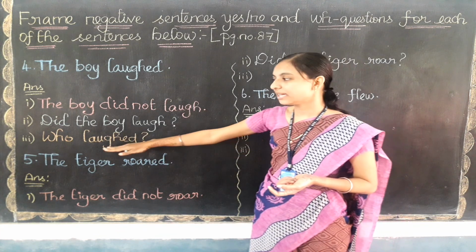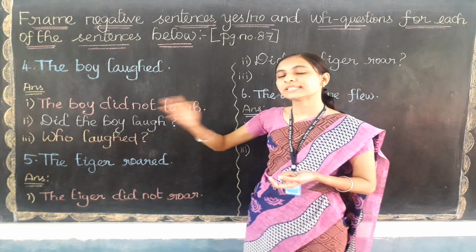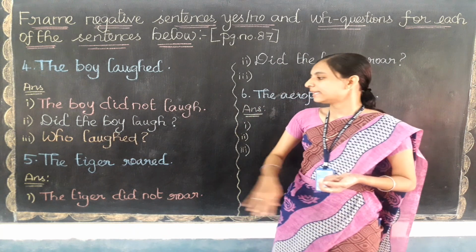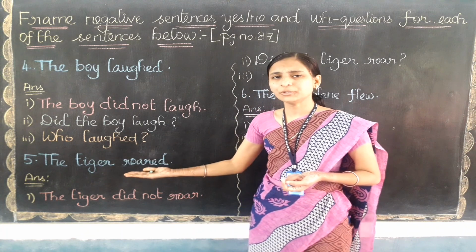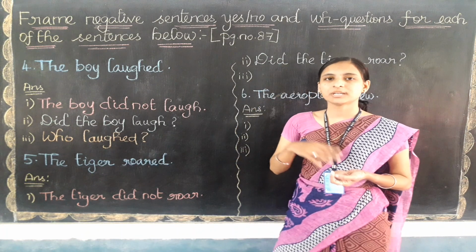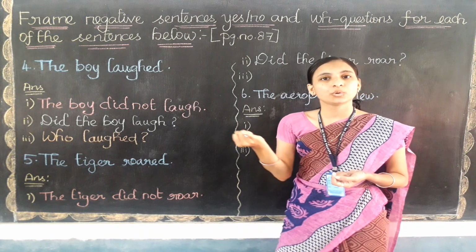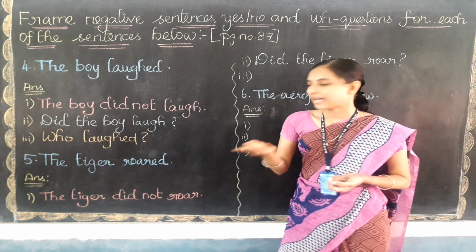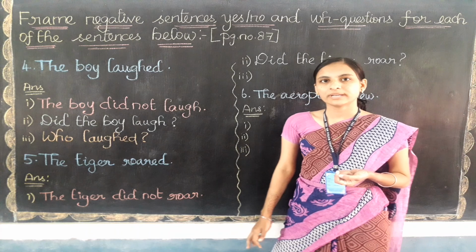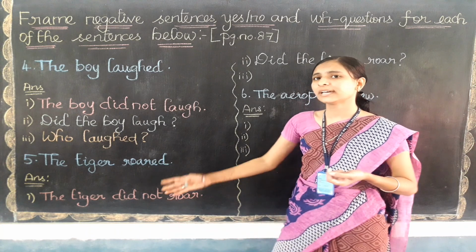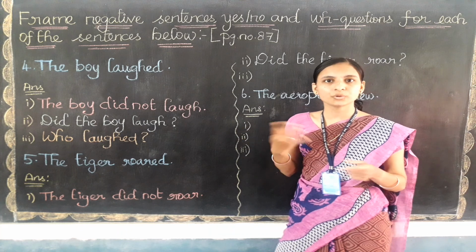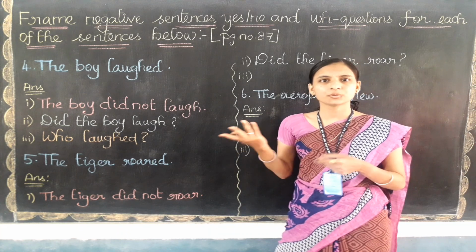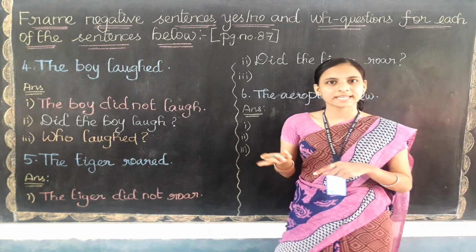Instead, what we have done for the previous question, the same method only we are going to do. That is, we are going to use any WH word, that is what, who, where, when, and then we are going to use the word roar only. So how can I ask the question? The tiger roared. How can I ask? Who roared, right? Who roared? Yaar urumnaanga, yaar urumachu. Okay? I can ask like this also.